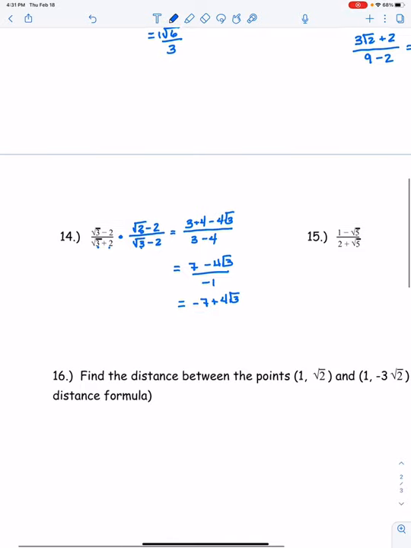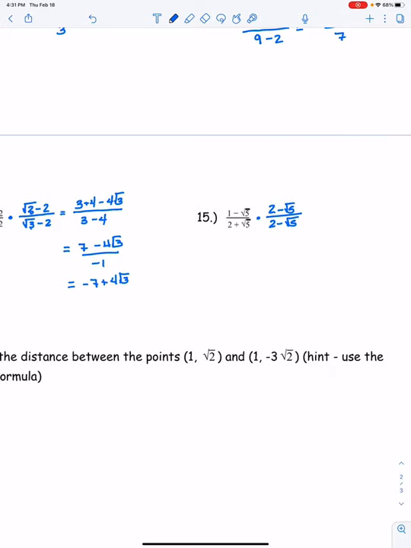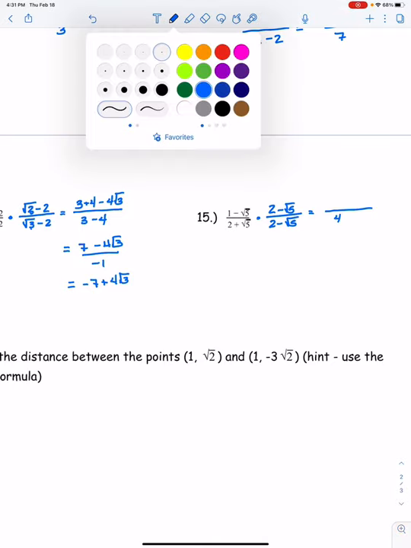Everybody cool? Number 15. Again, we're going to need to multiply by the conjugate of our denominator. Our denominator is 2 plus the square root of 5, so we're going to do 2 minus the square root of 5. And because we're multiplying our denominator by that, we must multiply our numerator by that. So here we go. I'm going to do my denominator first. 2 times 2 gives me 4. Square root of 5 times the square root of 5 gives me